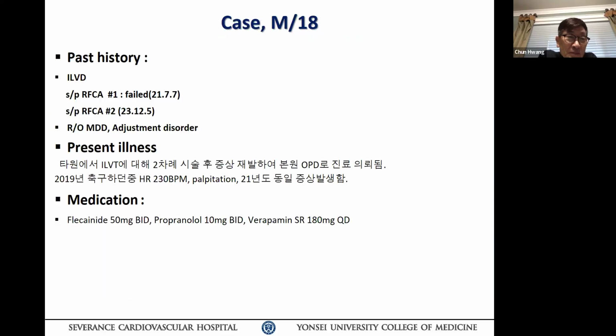사실 정답은 히스토리에 이미 있으신 분이긴 합니다. 그래서 환자는 18세 남자 환자고, 2019년에 처음에 축구하던 중에 하트레이트 230까지 오르면서 처음에는 타병원에서 PSVT로 의심을 받고 계속 팔로우업을 했었고, 그 이후에도 계속적으로 운동 시 또는 가만히 있을 때에도 팔피테이션, 체스트 페인 증상 동반돼서 또 팔로우업을 했었고, 2021년 7월 7일에 처음으로 VT 어블레이션 시도를 했었는데 그때는 페일을 했고, 최근에 23년 12월 5일에 타병원에서 VT 어블레이션 하고도 지금 재발돼서 본원 외래로 내원한 케이스입니다. 약은 플레카이나이드 50mg BID, 프로프라놀론 그리고 베라파밀 사용하고 있다는데